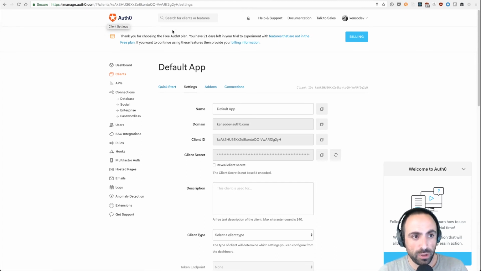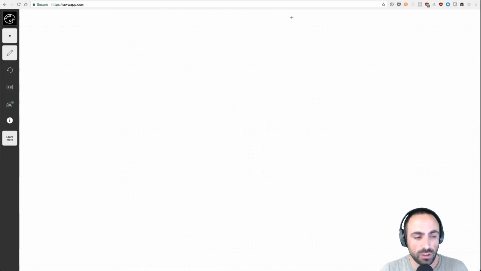Auth0 is a very popular mechanism, and it's a mechanism we use at work as well. So there's definitely some value for me in adding this, and we need to work on it. The way this works normally is that you log in.